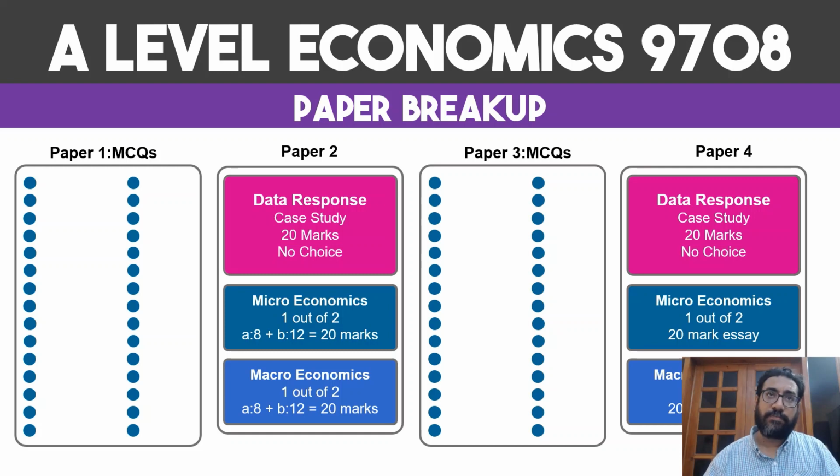2022 तक, जो मई जून तक जो सिचुएशन थी वो ये थी कि आपके पास 3 क्वेश्चंस थे जिसमें से आपको 2 करना होता था इन सेक्शन बी, मगर अब उन्होंने एक सेक्शन बढ़ा दिया है इन द फॉर्म ऑफ मैक्रो। मैक्रो और माइक्रो अलग अलग कर दिए हैं। अब आपको दोनों में से एक एक चूज करना है। अभी भी उसके अंदर हर क्वेश्चन के 2 पार्ट्स होंगे। पहला पार्ट इज गोइंग टू बी एन एनालिसिस बेस्ड क्वेश्चन जो 8 मार्क का है, और द सेकंड इज गोइंग टू बी एन एवेल्युएशन बेस्ड क्वेश्चन जो कि 12 मार्क का है।